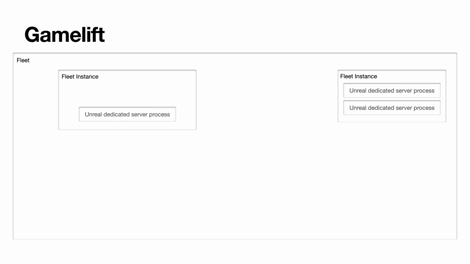Now, we have the VPCs running in a GameLift fleet and Unreal dedicated server processes running in the VPCs. But with GameLift servers only, clients don't know where the VPCs are. And because the fleet keeps creating new VPCs and terminating old VPCs, the IP address will be constantly changing. So, we need a method that works as a dictionary to tell clients where the VPC is, which port you should connect to, and which Unreal dedicated server process you will connect to. This dictionary is the GameLift service. GameLift service will always be there once the GameLift fleet is created.